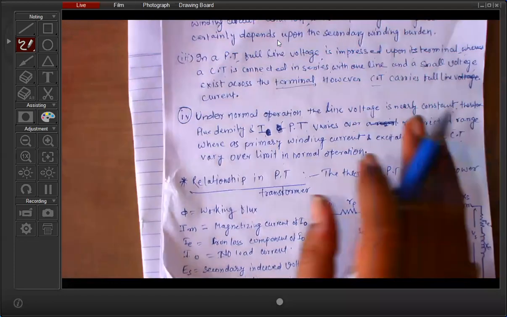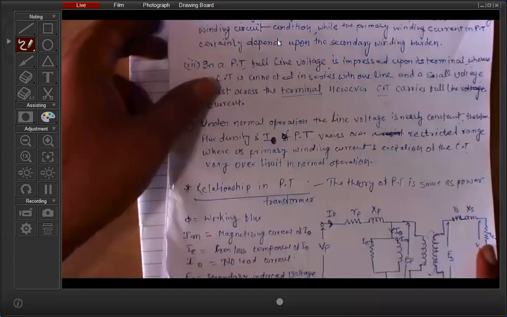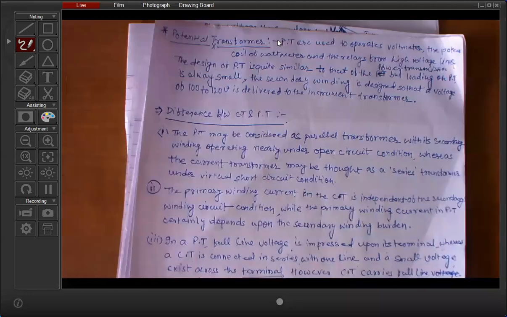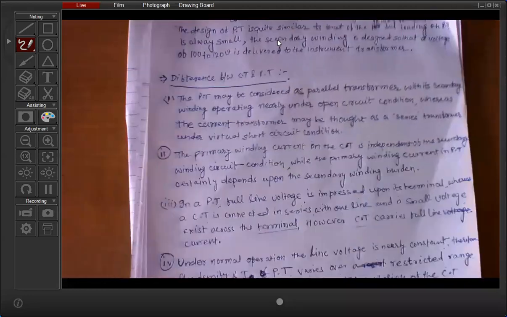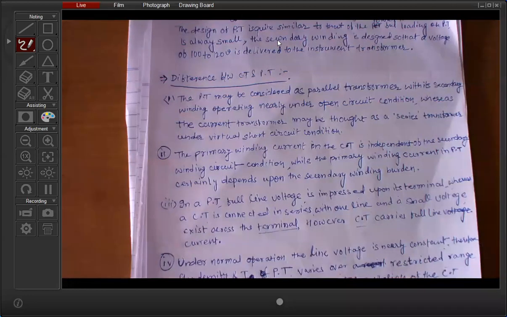So even from the construction point of view, working point of view, and operational point of view, there is a difference in the current transformer and potential transformer. As I told you, current transformer and potential transformer are one type of transformer, and both work on the basic principle of the transformer,